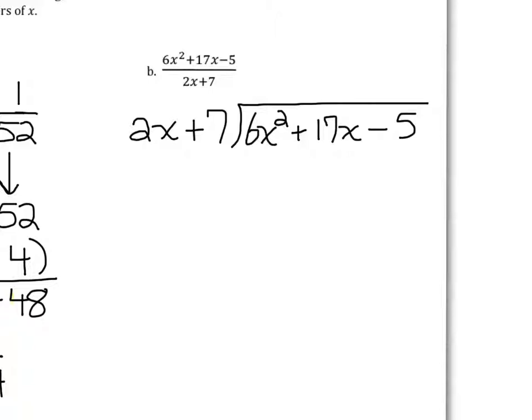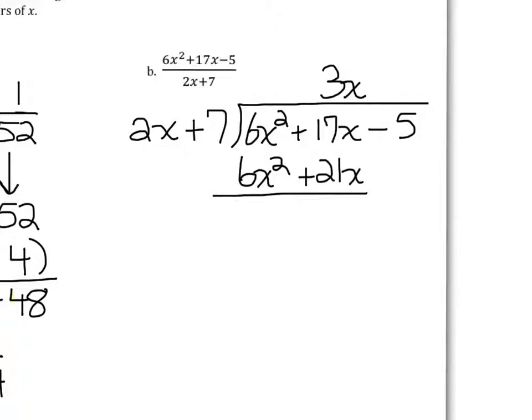All right? And now I'm going to start that process again, right? When I'm looking at what I'm going to be writing in my quotient up here, I'm only looking at here, right? What do I multiply this 2x by to get as close as possible to 6x squared? Well, I need to multiply 2 by 3 and x by x, so I get 3x. Again, I'm going to write it in this area here so it lines up with my x terms. Again, I'm doing that so that once I finish, I get everything lined up at the end, right? Once I write something in the quotient, I go back and I multiply it by both terms in my divisor. All right, I'm going to have a 3x times 2x, which is 6x squared, and a 3x times 7, which is